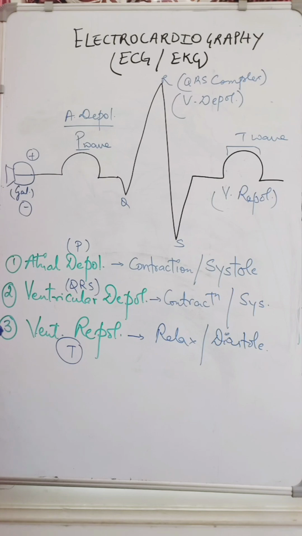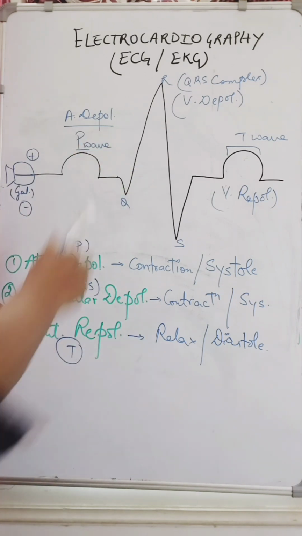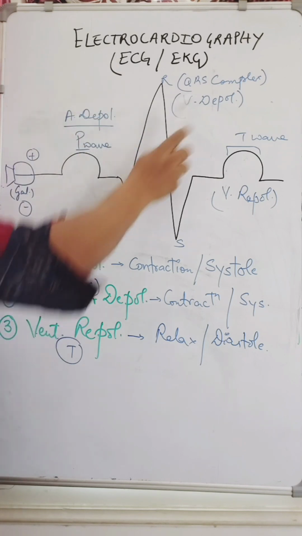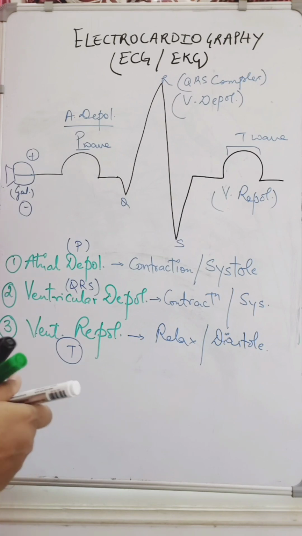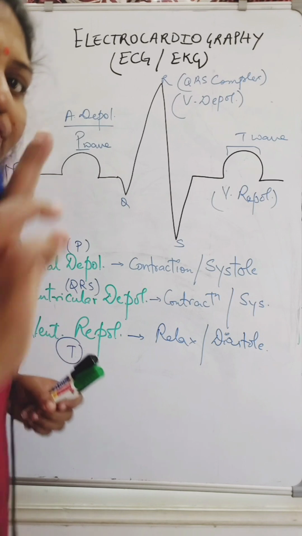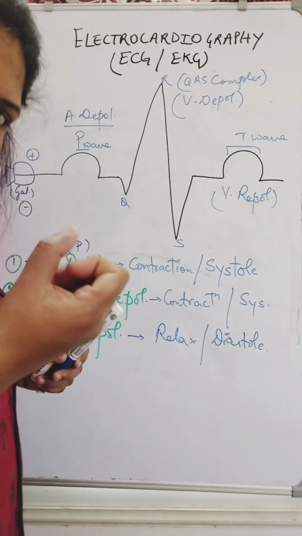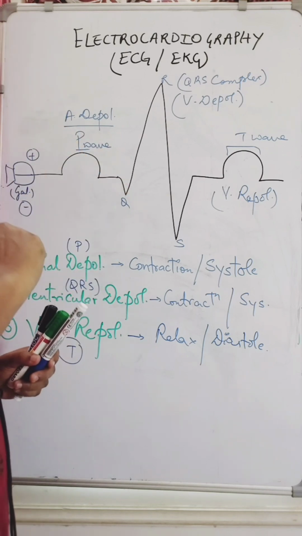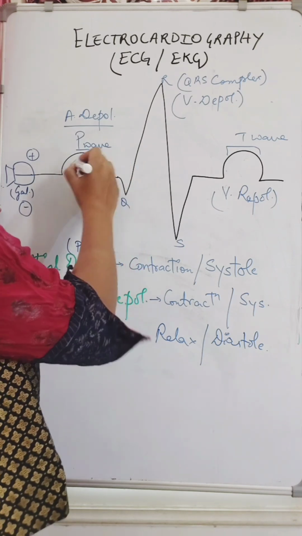So probably I will prepare a separate session for that, but right now, to keep things in a very simple and understandable way, the P wave is the atrial depolarization, then the ventricular depolarization, and ventricular repolarization is the T wave. Now, if you remember, the atrial depolarization and contraction begins from the SA node. SA node to the atria. So here like this. So if the heart has to be like this, see.